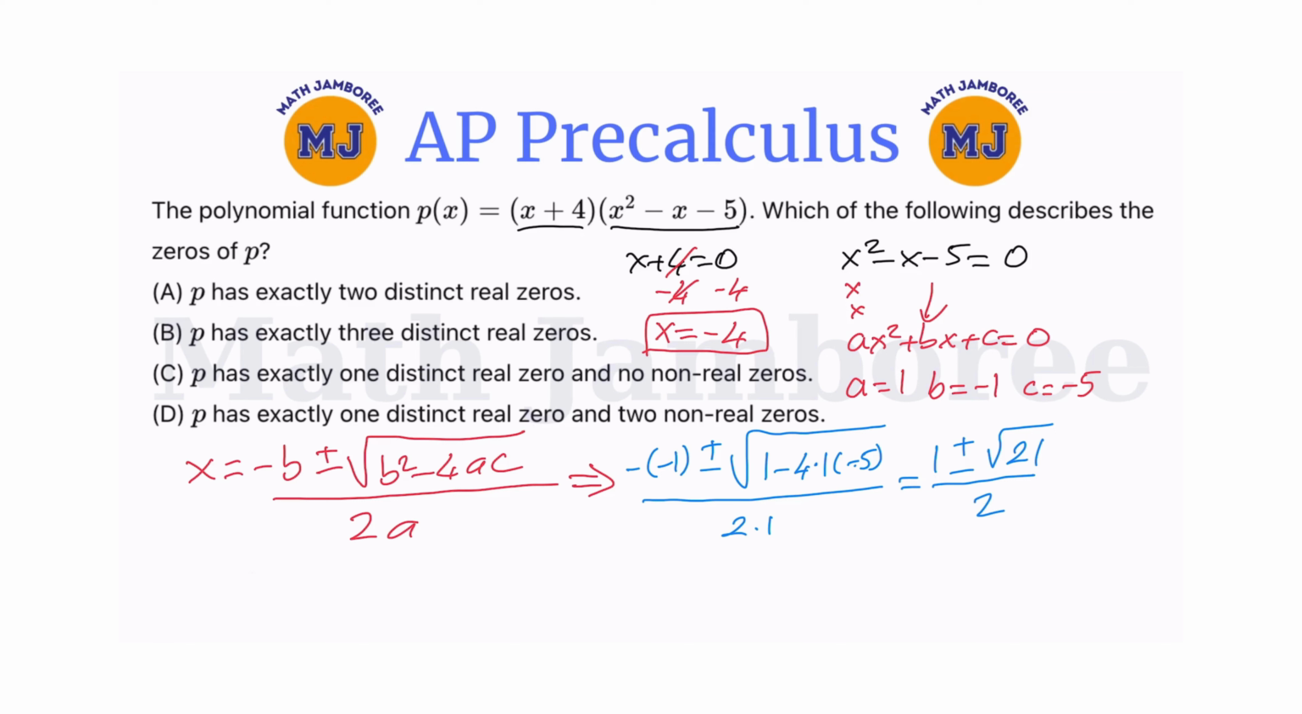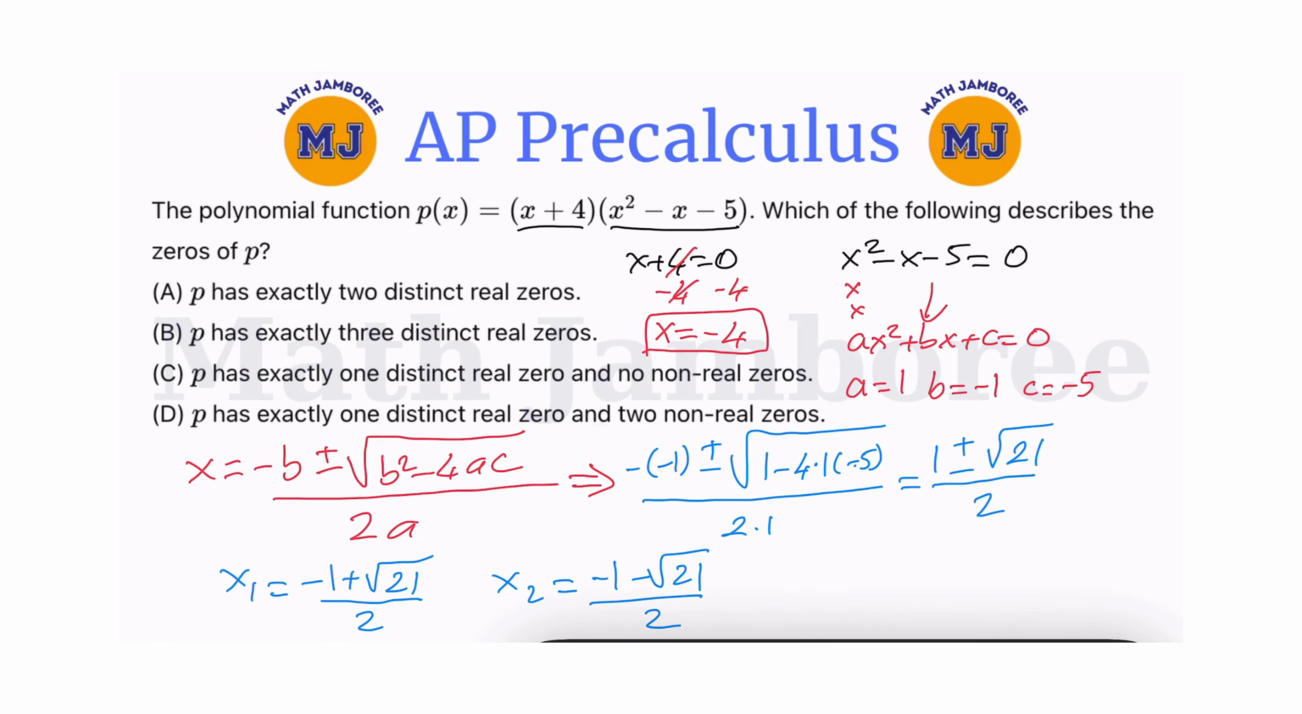So if I write the roots, x1 becomes (1 + √21)/2, and x2 becomes (1 - √21)/2. So as you can see, if I write the factors,